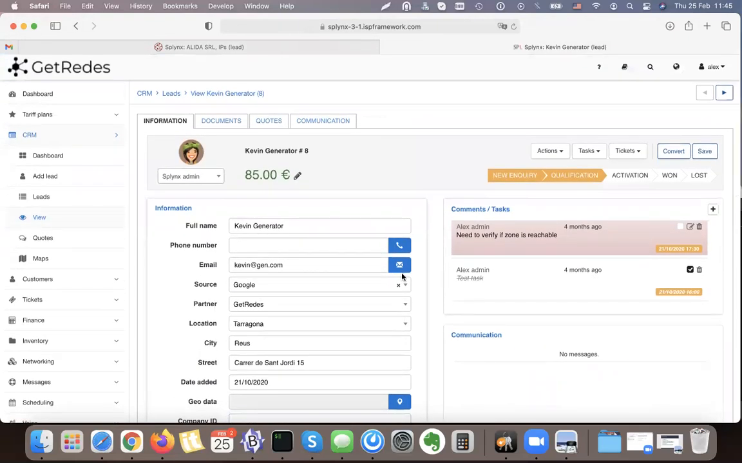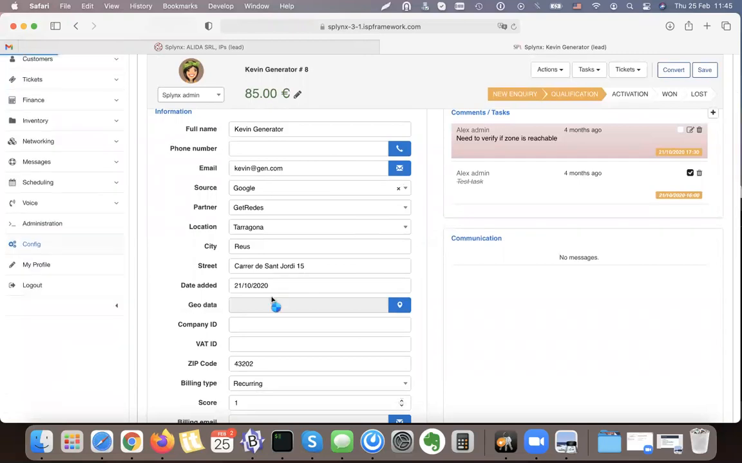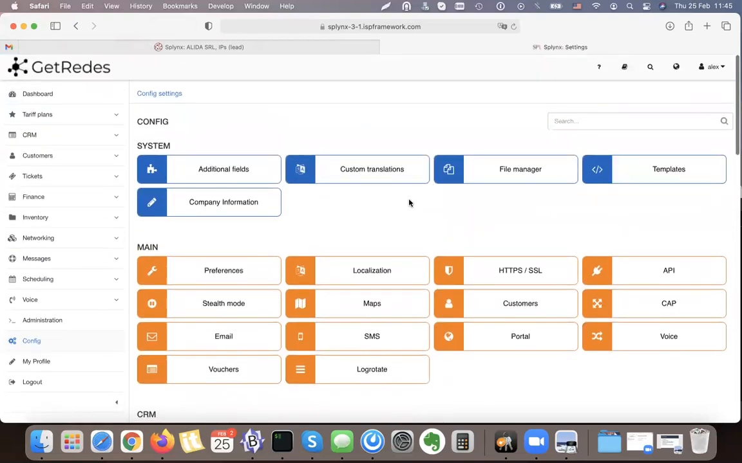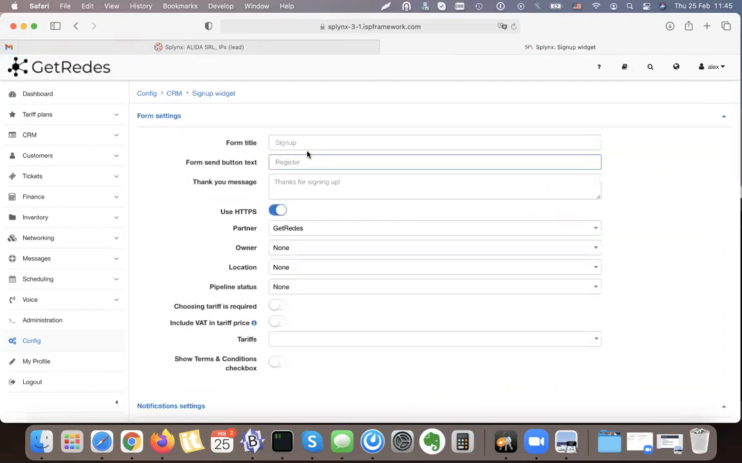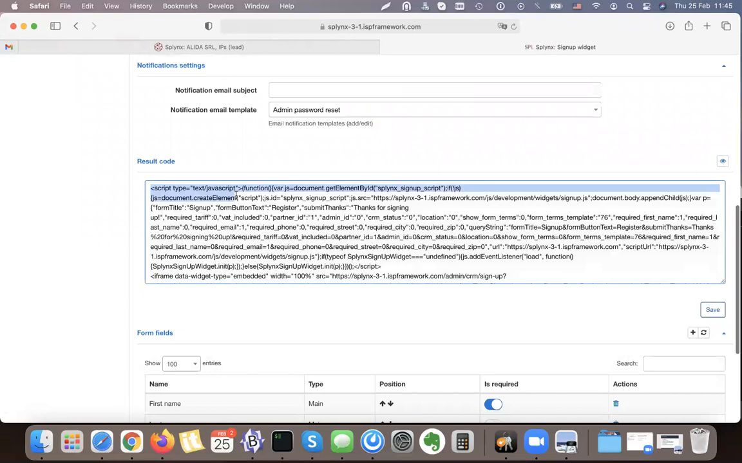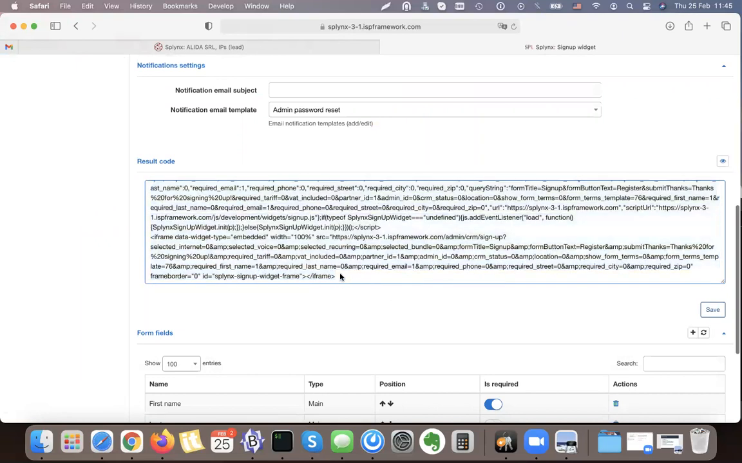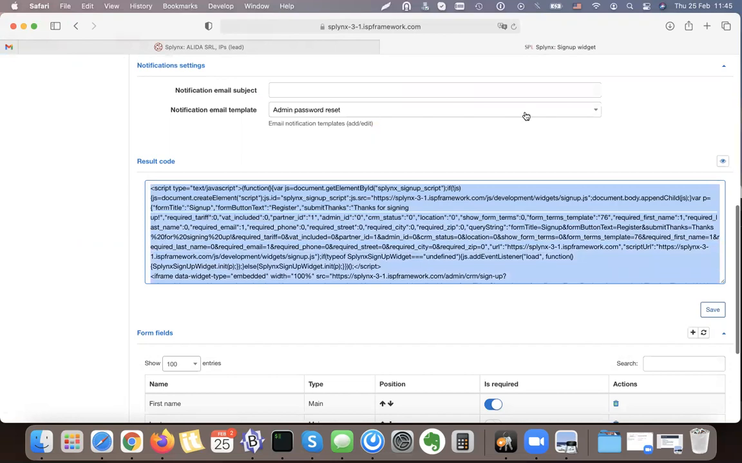And what we need to do, for example, as a first step that we always configure, is a self registration or sign-up form. The sign-up form is located under configuration. Let's go to config, and there is a CRM, so we can search for CRM. As you can see, CRM has different preferences and configuration, and this is the sign-up widget. The sign-up widget allows me to configure the sign-up form, and then it generates this script. I just take this script, save it, and paste it as HTML to my website,